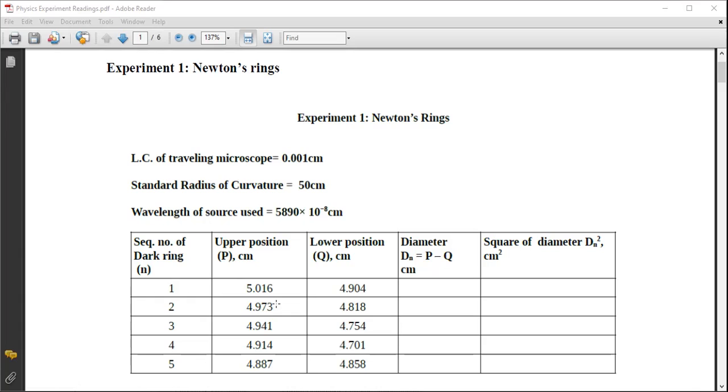Sir, yes. I've printed the manual. Shall I write it in that? Sorry, I didn't get you. I've printed the physics lab manual. Shall I write these readings in that? Okay, you have printed it. Yes, you can write down there. Sir, we also need to print the pages required for the experiments and the submissions. Yes, I will tell you.